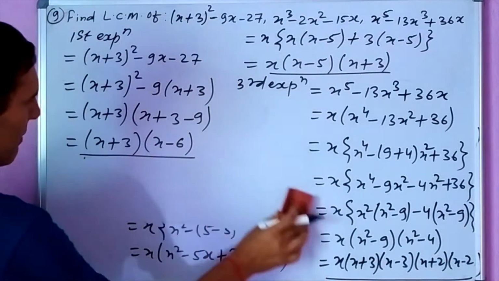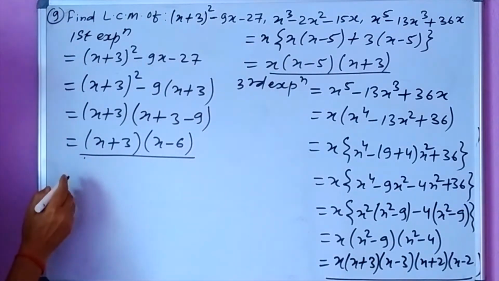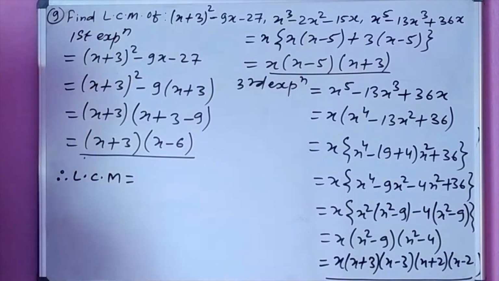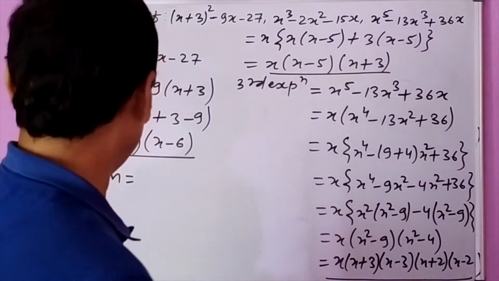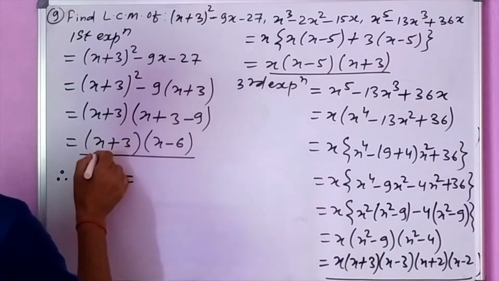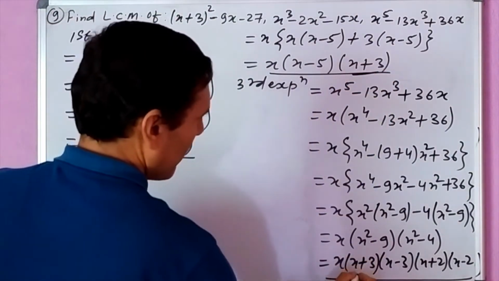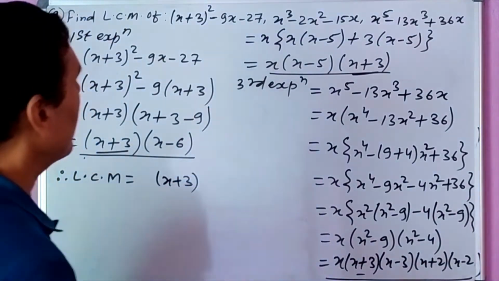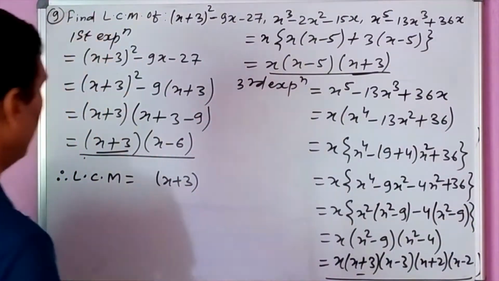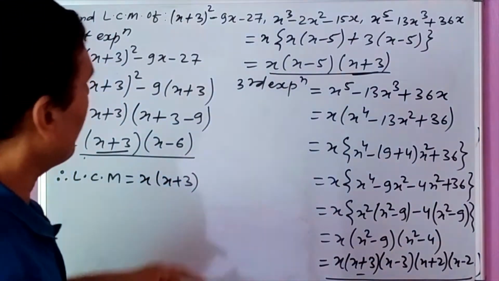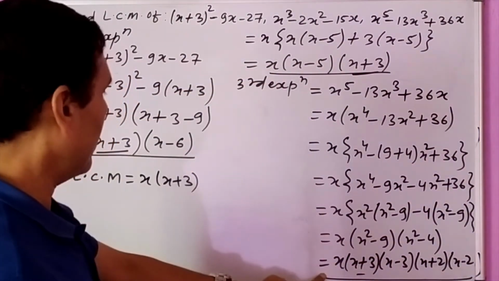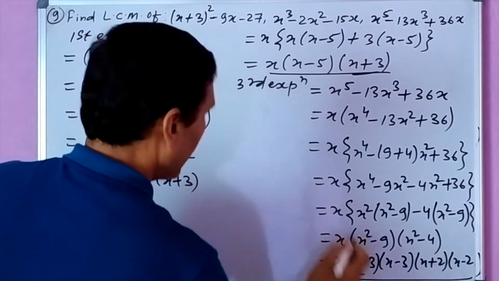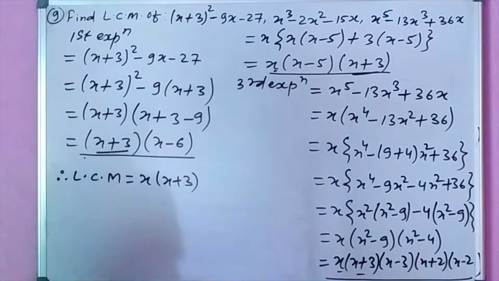So what is the LCM? Therefore the LCM is equal to, if there is any common factor in all three expressions, as we can see, x + 3 is common in all three expressions. This x is in the second and third expression. So from the second and third expression we can take this x common. And other factors,